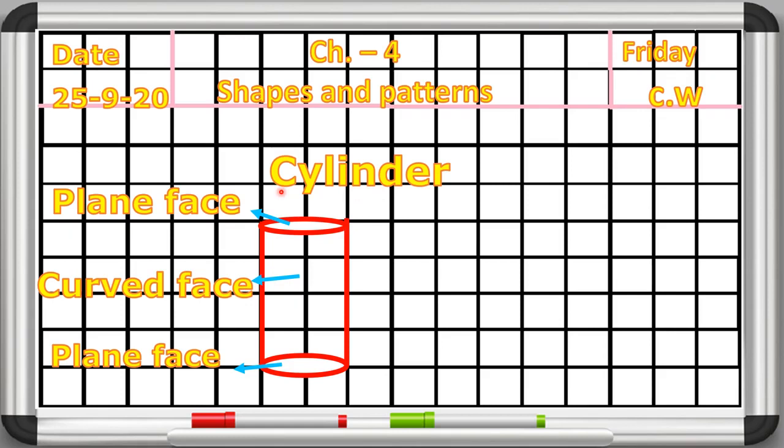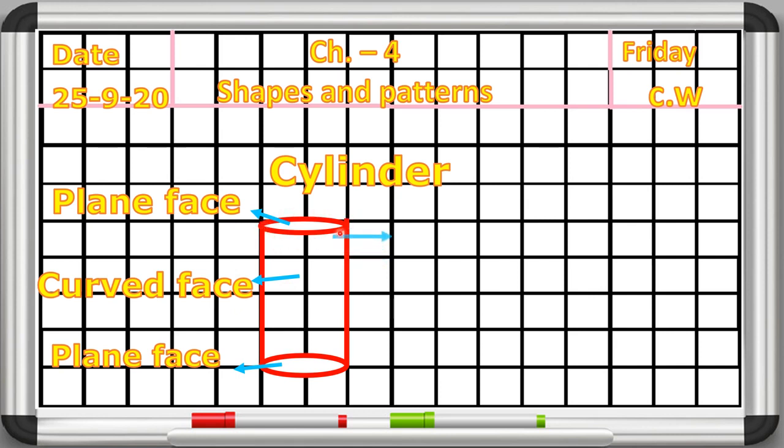So how many faces does a cylinder shape have? That is three faces. Now we will learn about its edges. I told you earlier that where two faces meet, an edge is formed. Where two faces meet, beta, and the line that joins them, that is called the edge. So here this is the plane face and this is the curved face, and this line joins these two faces. So this is the edge.